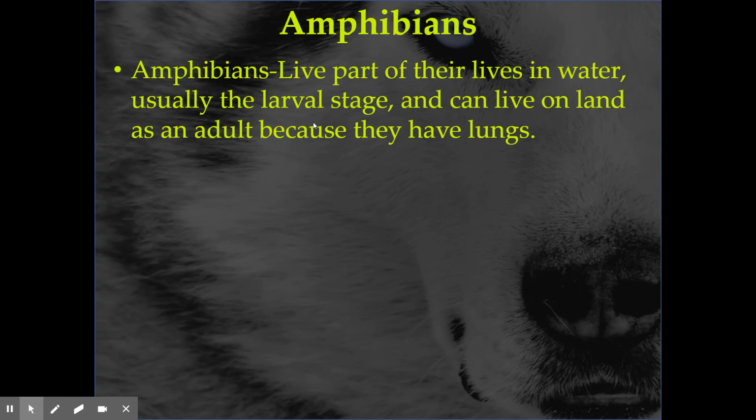Amphibians. So amphibians, their big claim to fame here is they have a kind of a two-part life cycle. They live part of their lives in the water, usually the larval stage. So if we're talking about frogs, for instance, the tadpole stage. Salamanders have a larval stage as well. So part of their life cycle is in the water, parts on land, because as juveniles, they usually have gills, and as adults, after they metamorphose, they have lungs, so that allows them to come out of the water and breathe air.